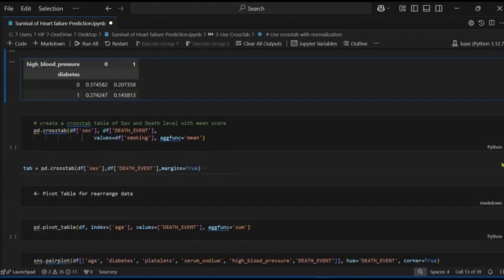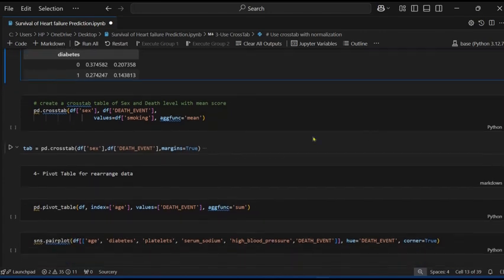The next is using the mean value. I am giving the mean value.